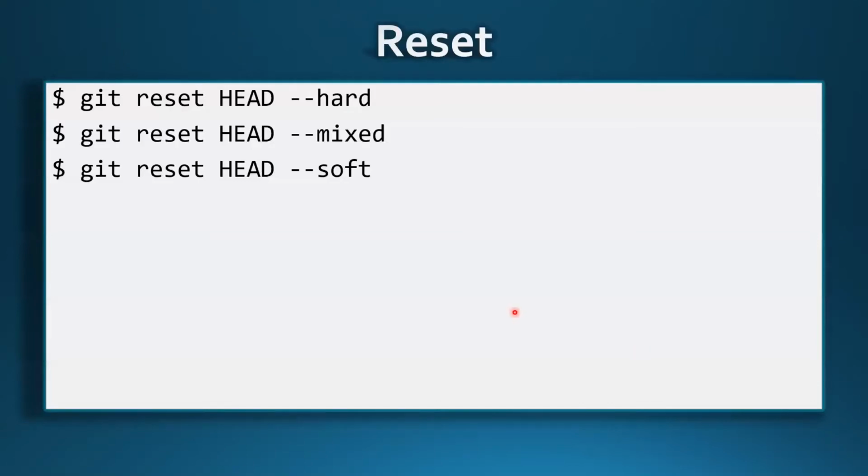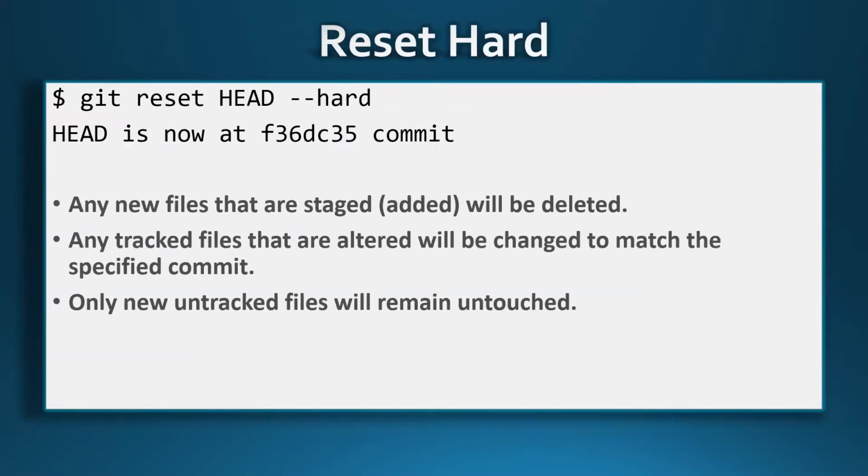So git reset is a command in Git, same as before. The command is called reset. What happens is you target a node, typically the head, but you can target any SHA hash. And then it's got 3 settings: hard, mixed, and soft. And we'll talk about those 3 now with a quick example for each. So git reset hard